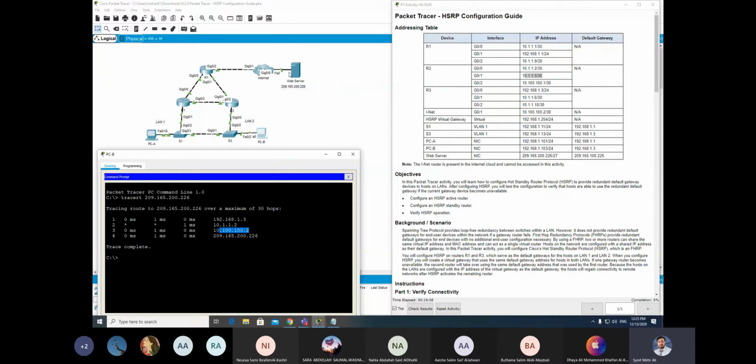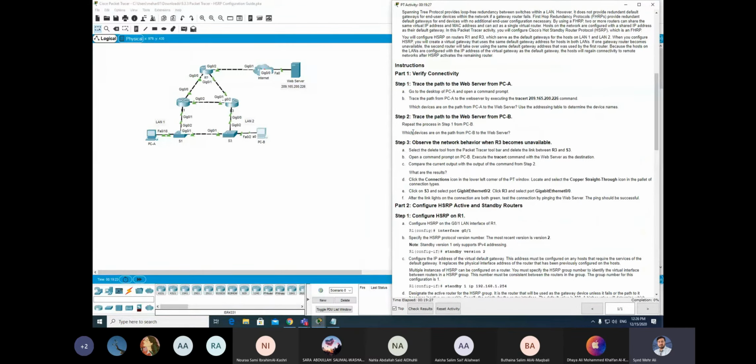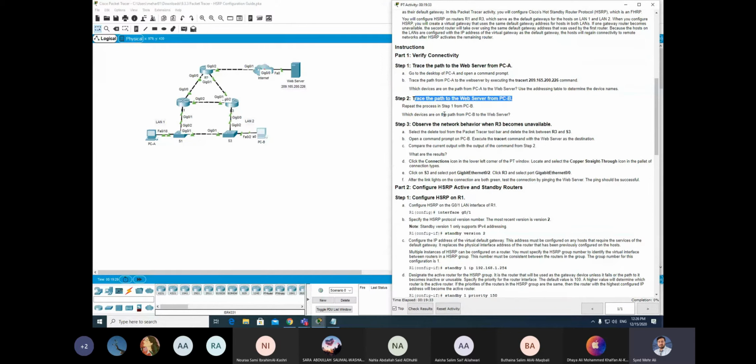It has the same path: router 3, router 2, and INET server. So PCB is taking this path. The step is to trace the path to the web server from PCB and determine which devices are on the path. So PCB to web server is router 3, router 2, and INET, and finally it reaches the web server.